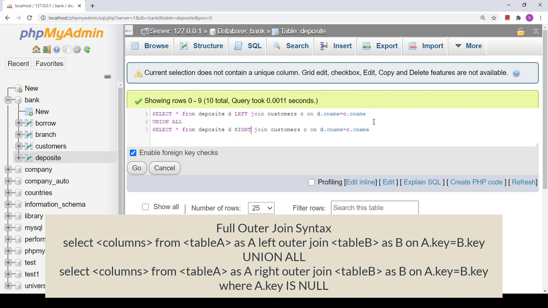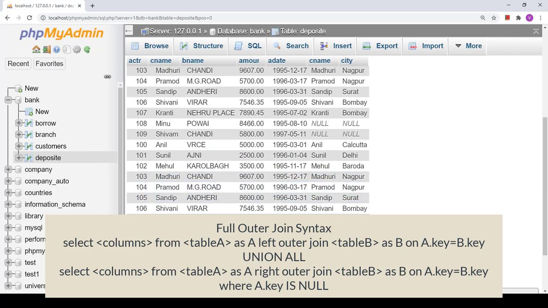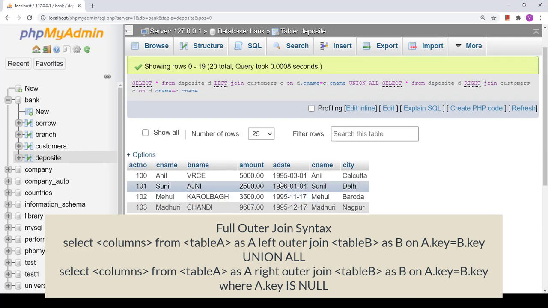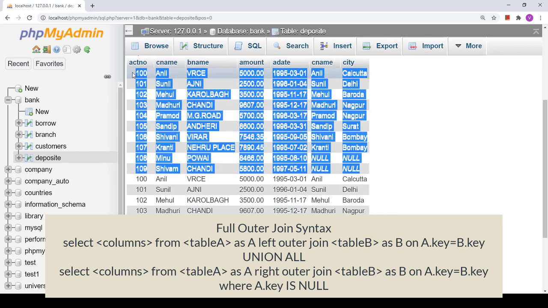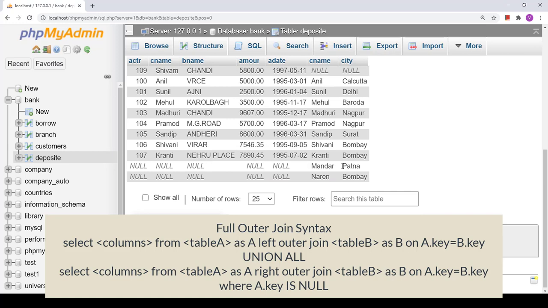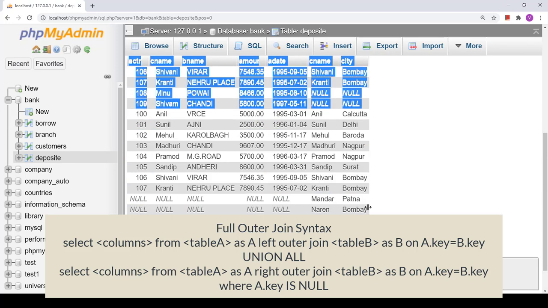Fine. Now let us see what result we are going to get. Later we have to apply one condition over here. यहाँ पे अभी एक condition apply करनी बाकी है. वो एक बार आप इसका result देखेंगे, then I will explain you why we need to add this condition. Fine. Now you see the result. We are getting repeated rows. These rows are the result of left outer join, and these rows are the result of right outer join.